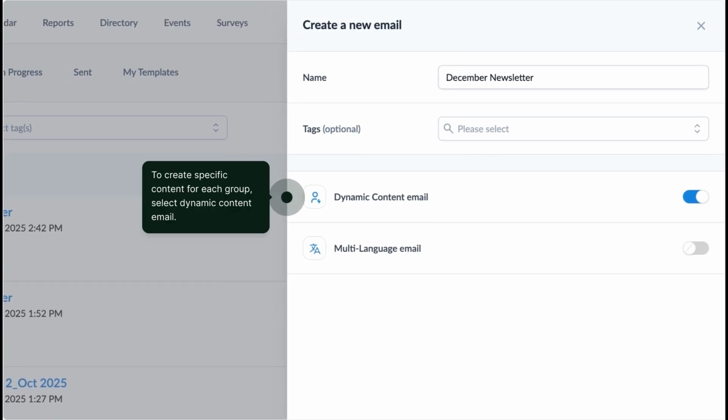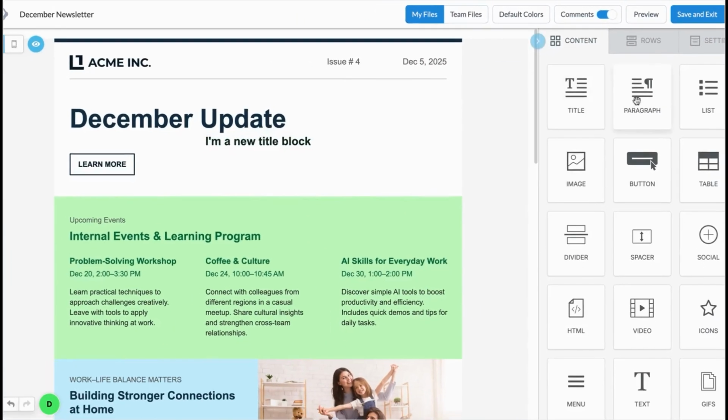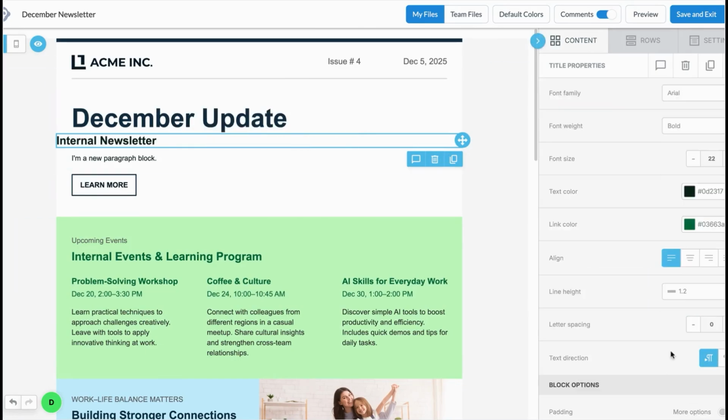Because I have different templates, different employee groups, and different segments, I want to create specific content for each group, so I select Dynamic Content Email. And our multi-language email feature allows you to send emails in up to 4 languages at a time. After hitting the Create button, I use the drag and drop builder to edit my email and design a polished